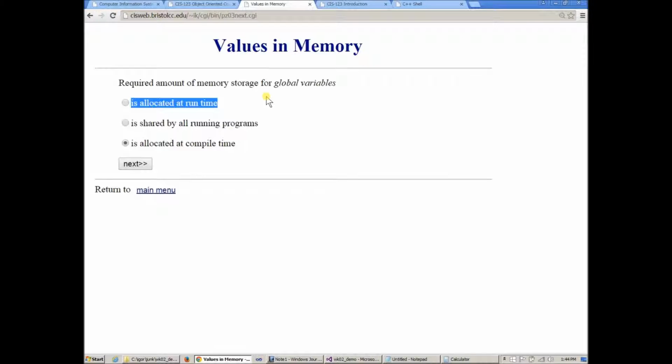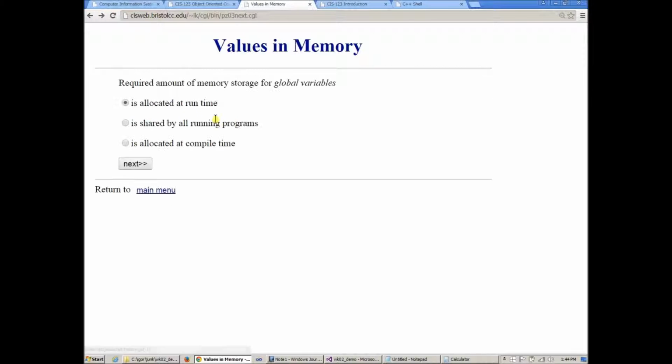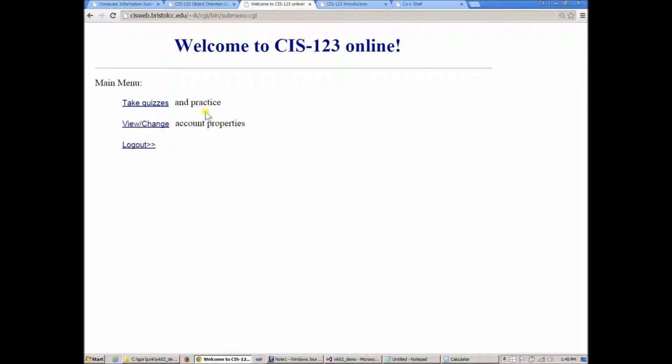But nevertheless, if you make a mistake and you go next, it just tells you what the correct answer is. And again, once in a while, it could give you a little bit more information why that answer is incorrect. When you are done, like here, object-oriented programming views global variables as evil. Of course, evil is not very good. But when you're done doing your practice runs,